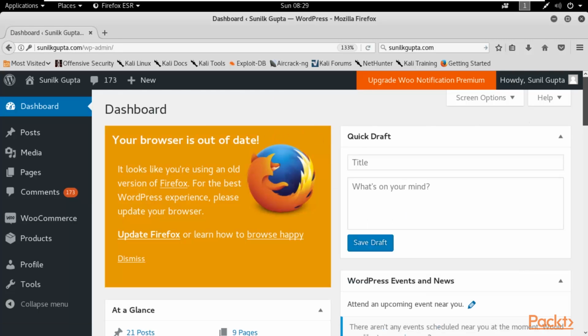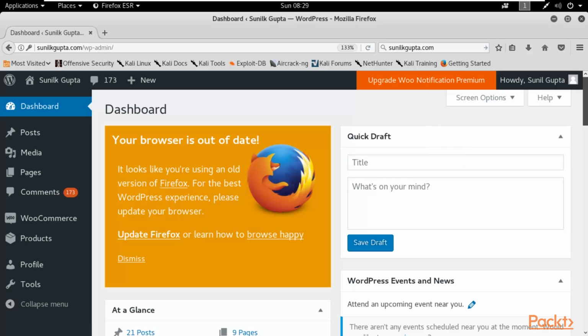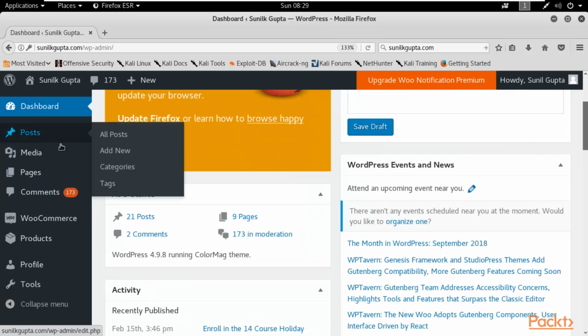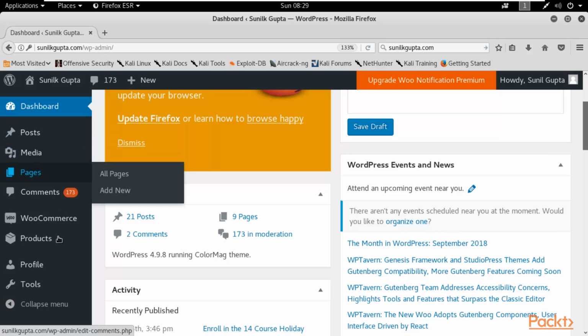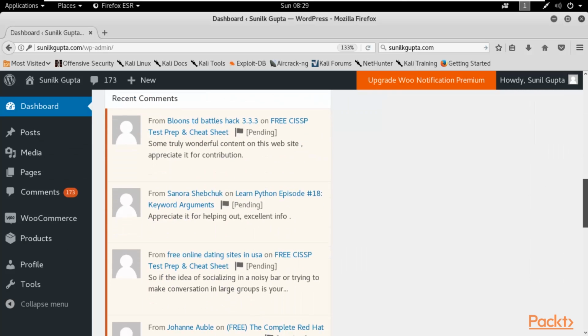Basically I'm able to access the backend. So this is the backend of that WordPress website, right, where I can manage my website, I can make changes, right? This is my website, and you can see all the information available here. If you want to post something, what are the pages available, products if you want to add something, right? So all these settings are available here,